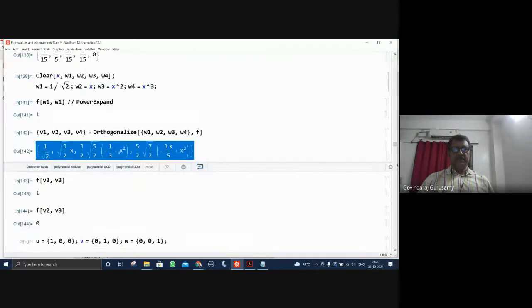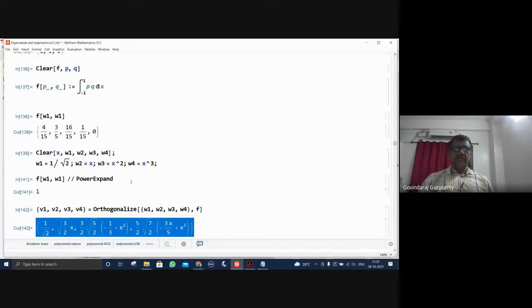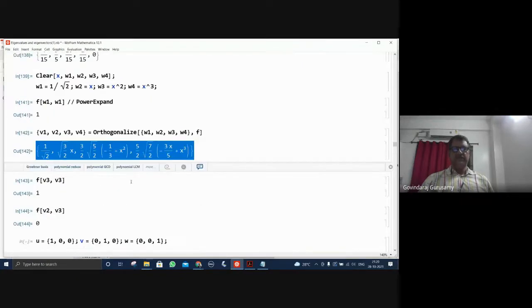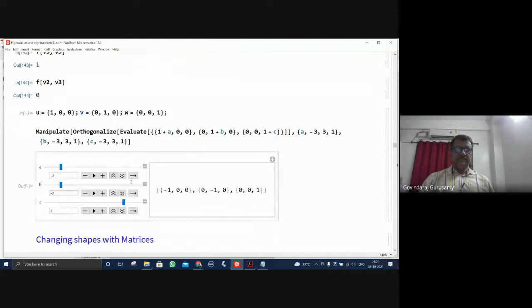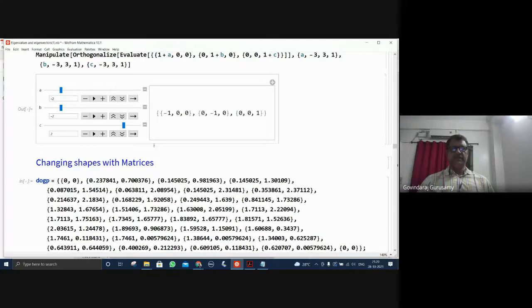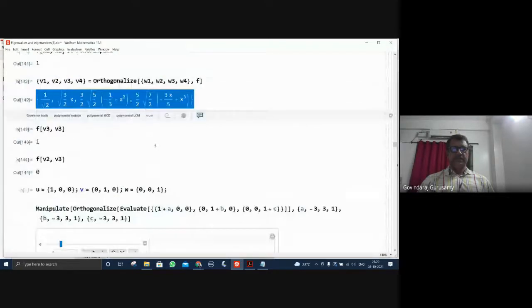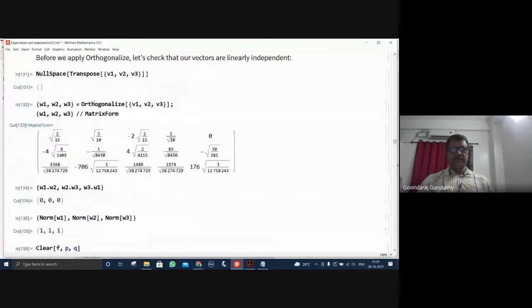Here is a typical case where we have taken x, x squared and x cubed and shown it. But there are special functions, beneficial functions, which satisfy these orthogonal properties, and which are exploited so much in quantum mechanics. Quantum physics has been done a lot with the help of this orthogonal property. It's possible for us to understand this orthogonalization very easily, keeping these three vectors which we are familiar with.